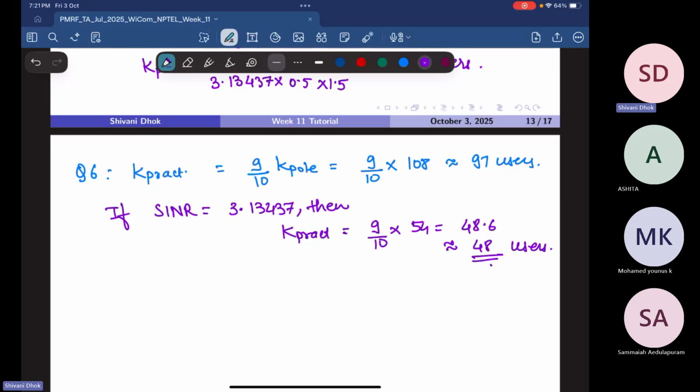Now for the remaining three questions, I'll take up the receiver structures that we have discussed, that is your ML receiver, zero forcing receiver, and your MMSE receiver. Then we'll take a toy example of your received signal and your cross correlation matrix R, and we'll try to use those formulas that we had for the receivers to decode your CDMA signal.